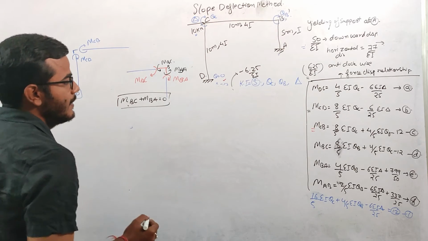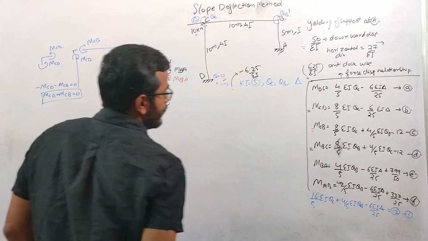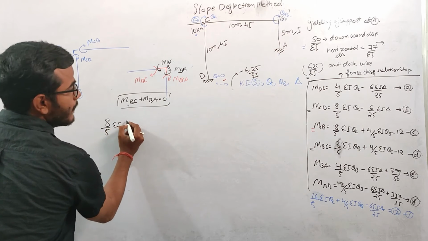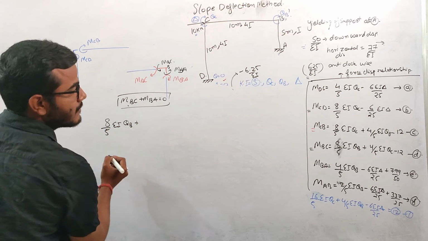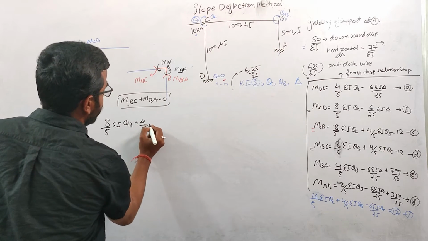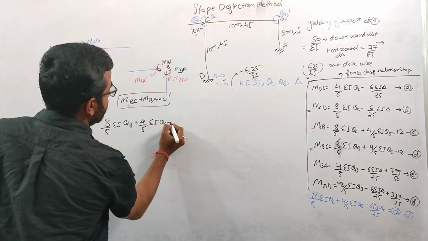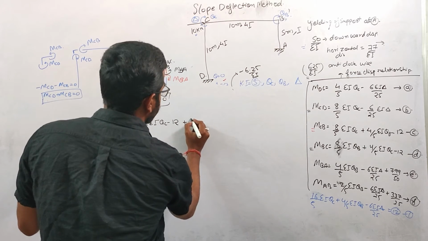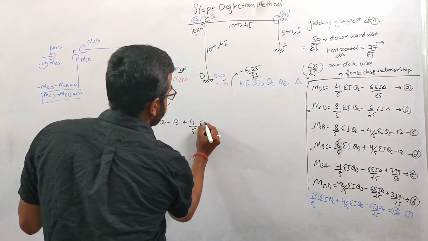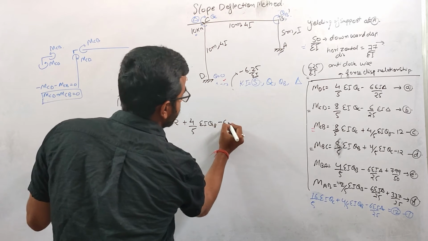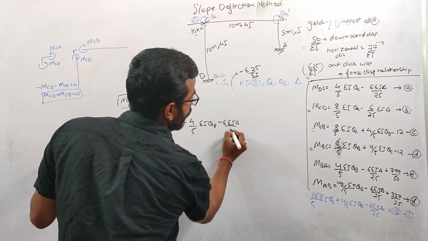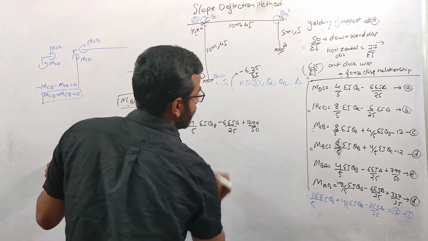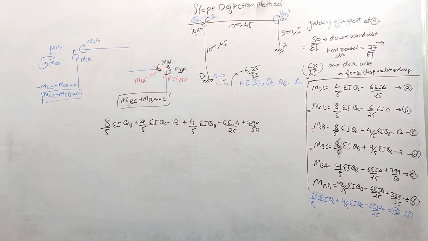What is the value of MCB? MCB value we can take from here. So MCB is nothing but 8 by 5 EI theta B plus 4 by 5 EI theta C minus 12. Plus, what is the value of MBA? MBA value is 4 by 5 EI theta B minus 6 EI delta over 25 plus 799 over 50, right? So if we solve this equation,